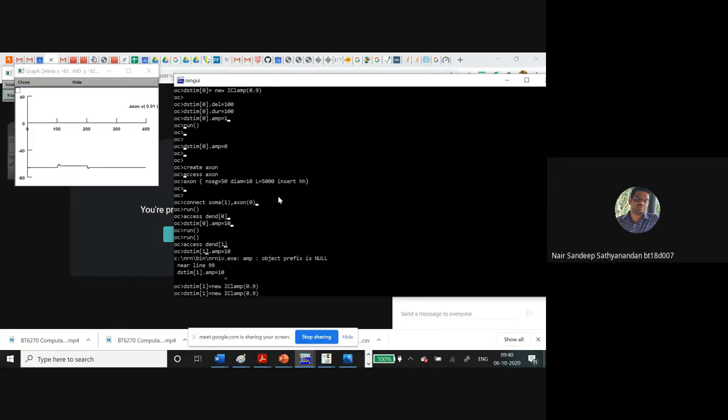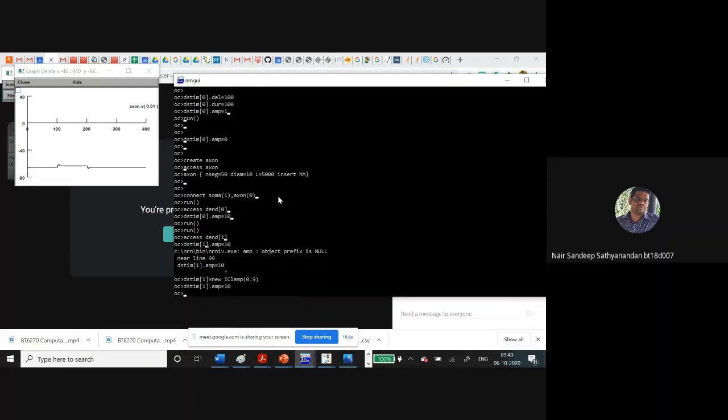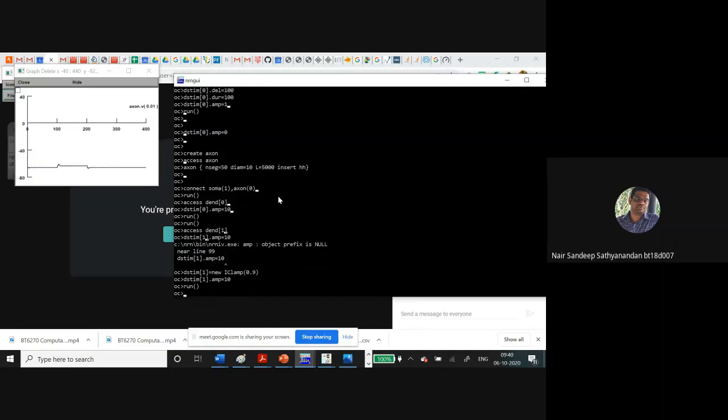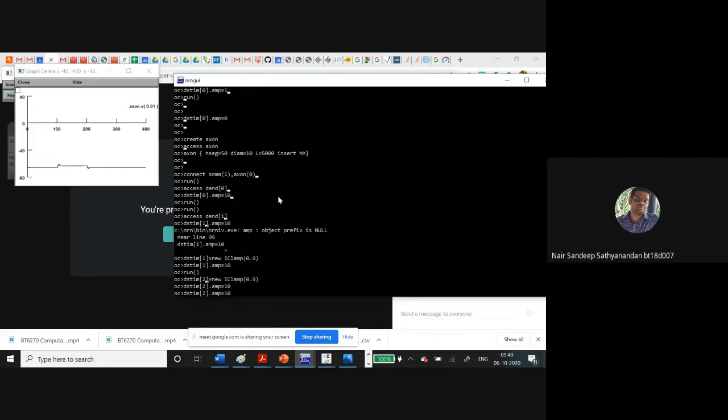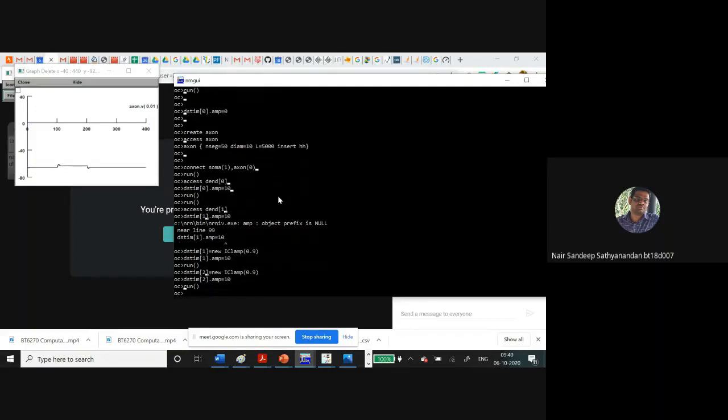So now we use the command above. Voltage is set. Still not much change.